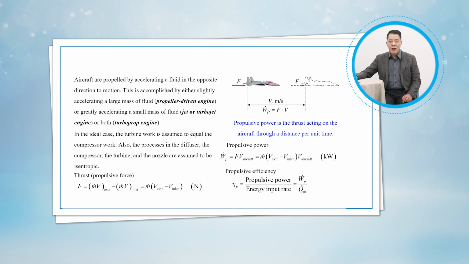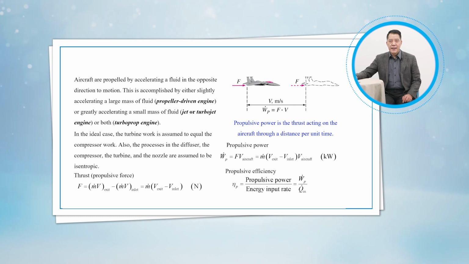The desired output in a turbojet engine is the power produced to propel the aircraft, and the required input is the heating value of the fuel. The ratio of these two quantities is called the propulsive efficiency and is given by